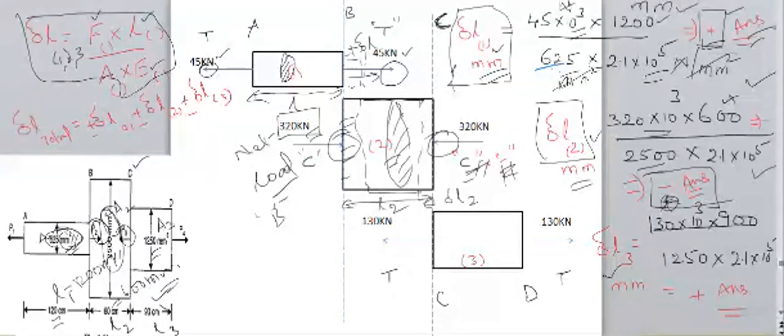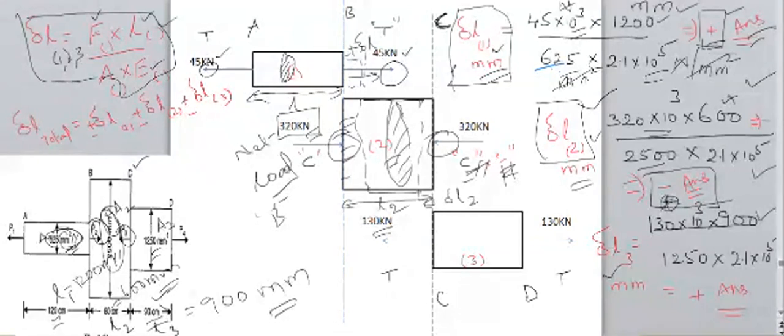Elongation. And next, in this manner, we need to find out the elongation in this second portion. And for the third portion, the same formula needs to be considered. The load in the third portion is 130 kilonewton, therefore 130 into 10 to the power of 3. The length of the third portion is 90 centimeter, therefore I need to convert this into mm: 900 mm length. Therefore, I have substituted it.